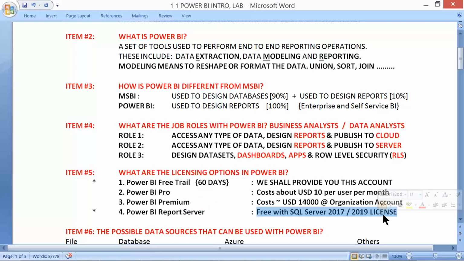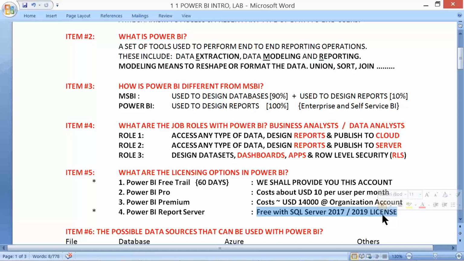There is a dependency. To configure Power BI Report Server, we need to have SQL Server, and it should be 2017 or 2019 versions, or simply say 2017 or higher versions. Evaluation or developer edition also works fine. Express will not support it. Just in case you already have SQL Server, if it is evaluation or developer, that should be fine to support Power BI Report Server configurations.